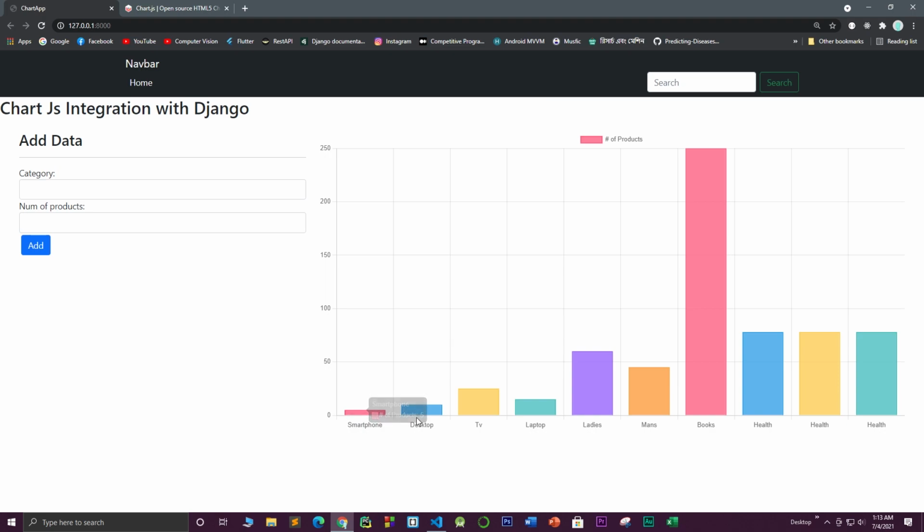As you can see, the categories are smartphone, desktop, laptop, TV, and ladies, men's, and books. Based on each category, how many products do you have? As you can see, in books we have 250 products, men's we have 45 products, ladies we have 60 products, and the smartphone category we have only 5 products. So based on the category, how many products we have, if we want to list it out,